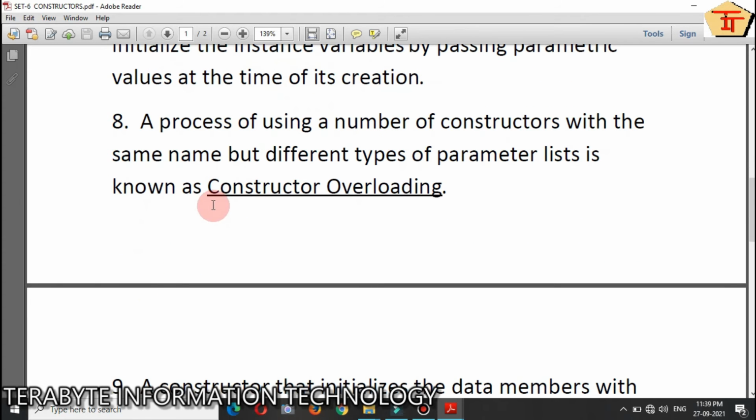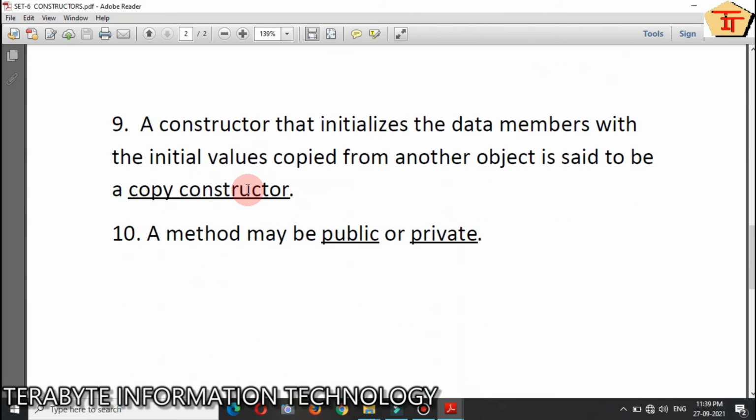A process of using a number of constructors with the same name but different types of parameter list is known as the fill in the blanks is constructor overloading. Question number 9. A constructor that initializes the data member with the initial value copied from another object is said to be a copy constructor.